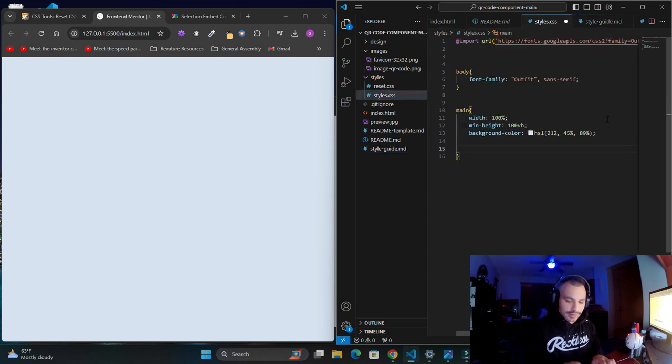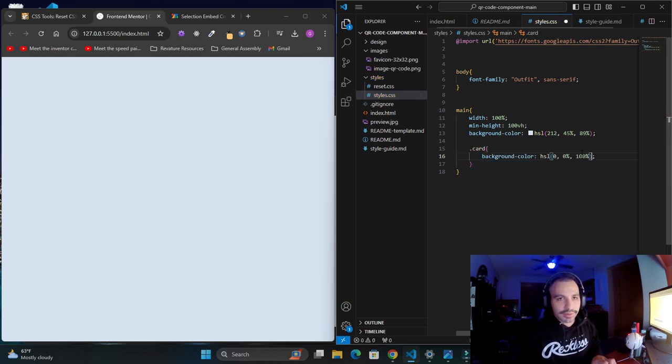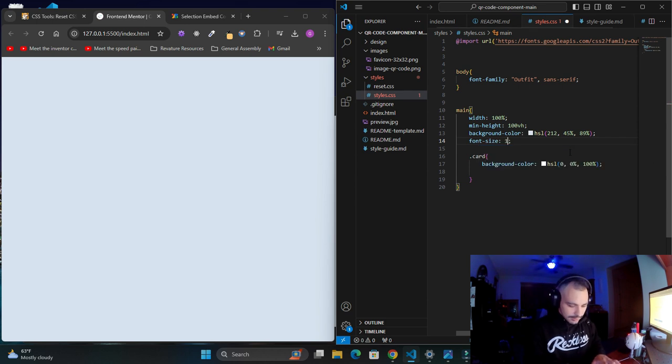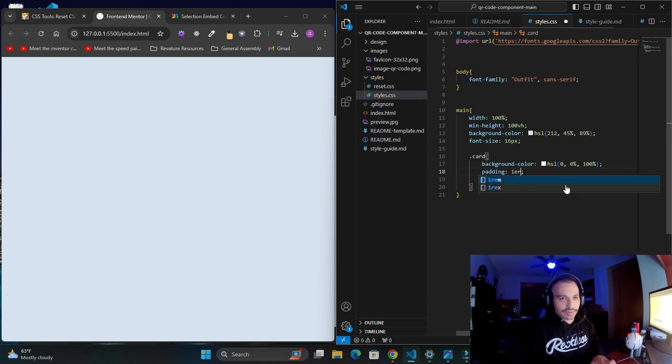And the cool thing is that CSS has nesting. So before I had to use SCSS to nest, but now I could just nest with CSS. So background color is going to be this right here. I do want to be able to see it. It looks like my padding is going to be about, let's see here. I want my font size to be about 16 pixels. And I do want my padding to be at least 1em, which is one